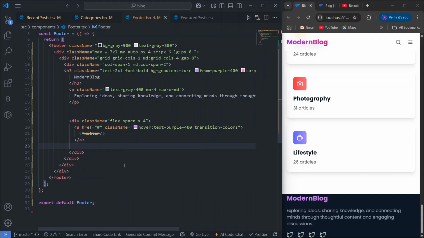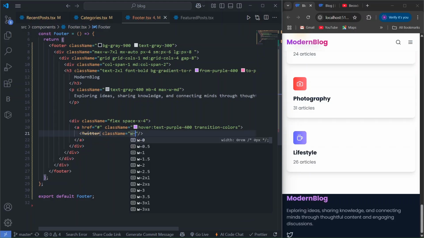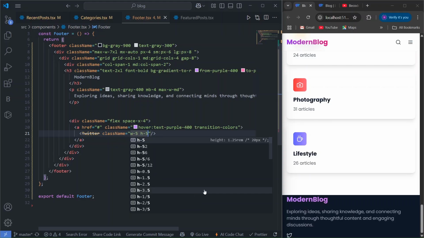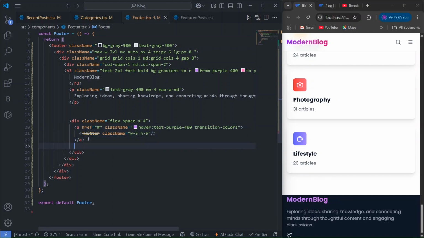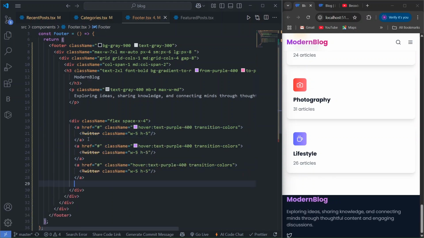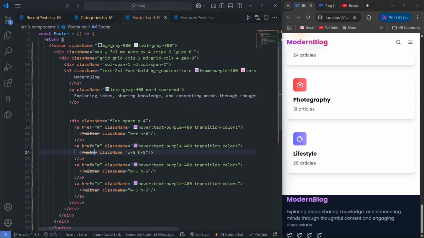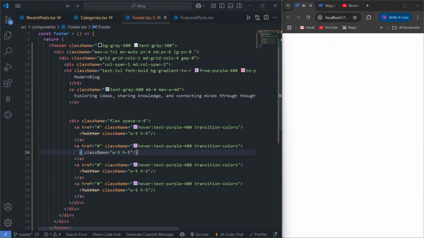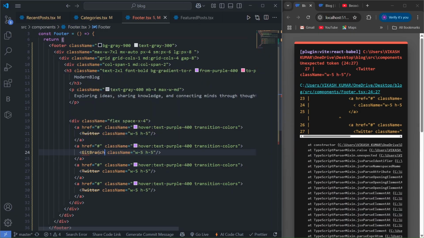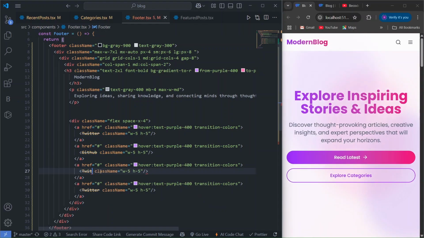let's go back, and here first of all we'll write the class name. For the width and height we'll set 5, which is enough, so we have decreased the width and height. So now it will be perfect. Copy, paste it here. Then whatever icon we want to use, we can write like GitHub, and then LinkedIn,